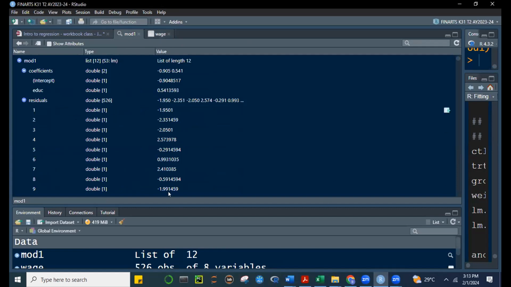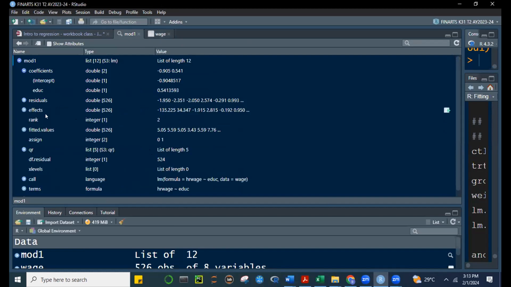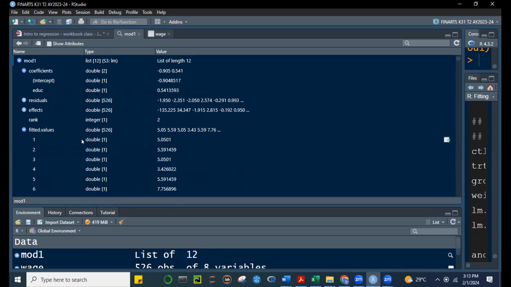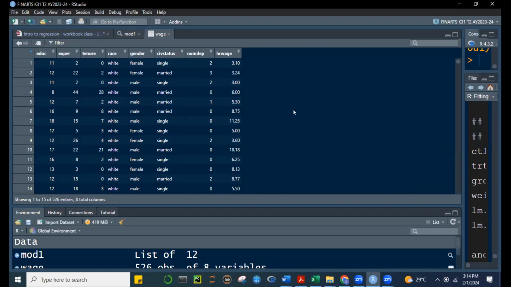All right. We'll show in a while how we got these residuals. And then you have effects, rank. This time are your fitted values. So where did this come from, class? How many fitted values will we get? Fitted values is the same as your predicted values. So once we have our coefficients, we can easily compute our fitted values. How do we do that, class? Okay, fitted values will be